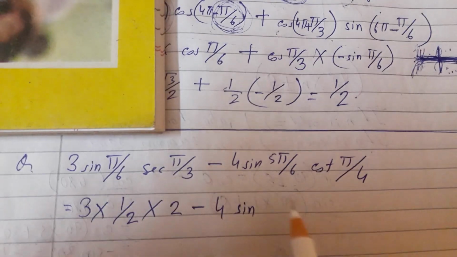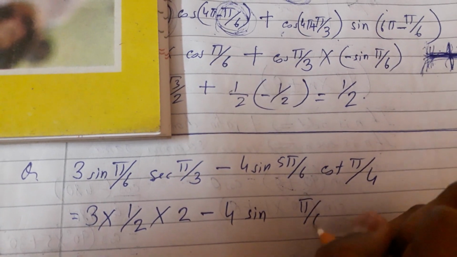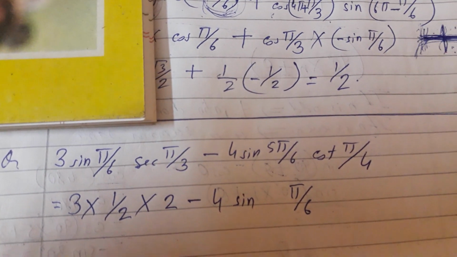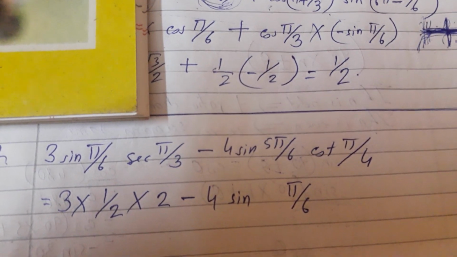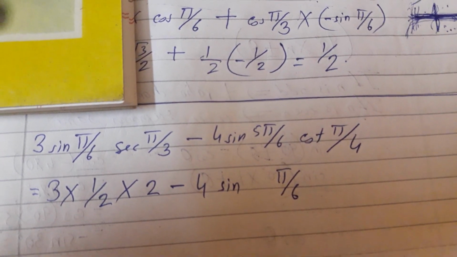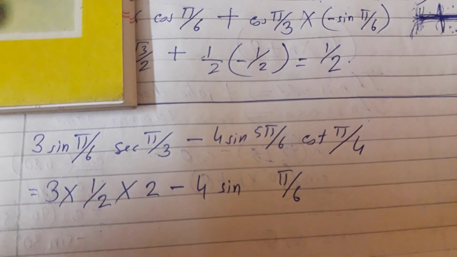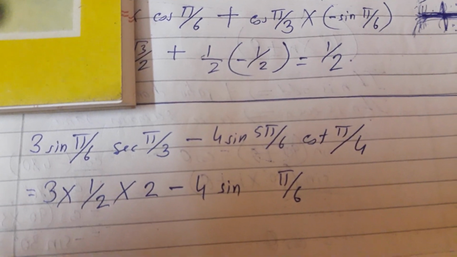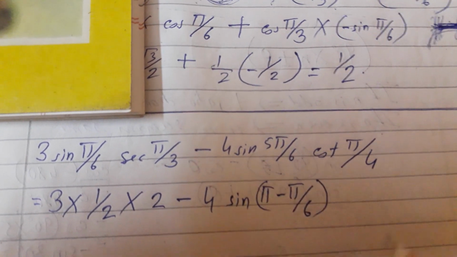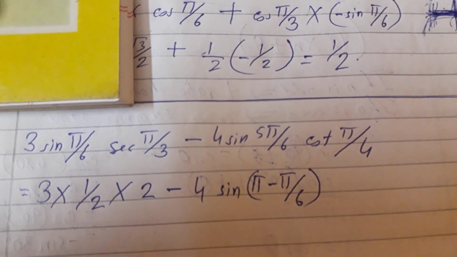Okay, so here is given 5 pi by 6. So first you have to write in the place of theta as pi by 6, only pi by 6, that is the 30 degree. Okay, then you think that after adding or subtracting from what to this, you can get this. You think, see, here you have to write pi minus, why, pi minus pi by 6 will be 5 pi by 6. You have to think, you have to practice.